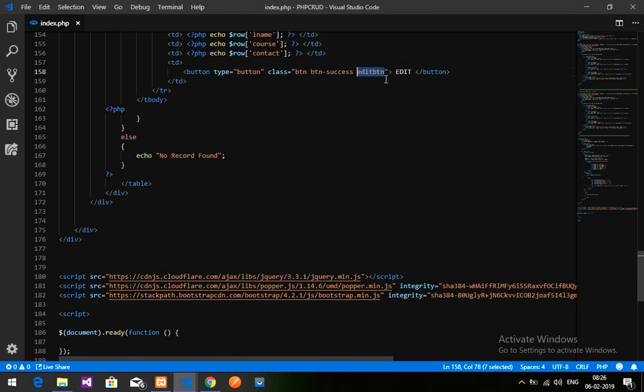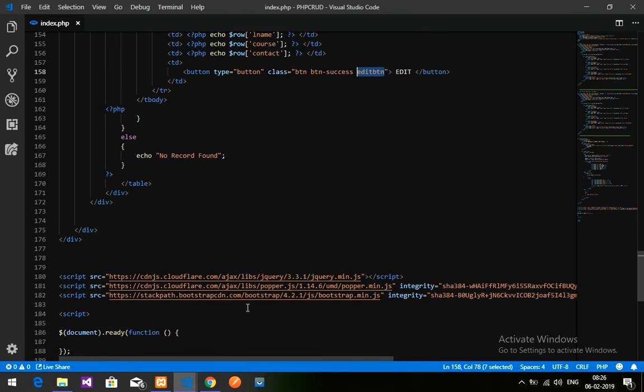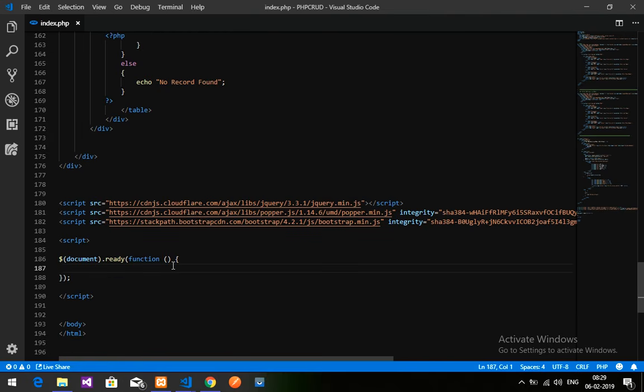Okay, so copy this edit button, and where you have to call it, I will call this in my JavaScript. So we have to copy this. Okay, copy it and call this button. So that is like dollar function dot modal show. Okay, not modal show, sorry,